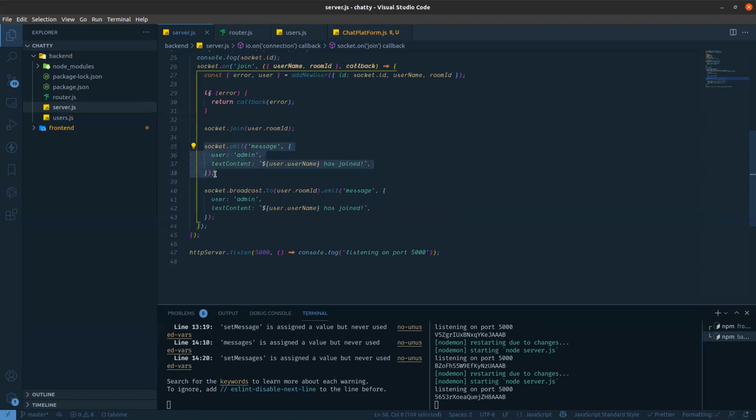And then we also need to notify everyone, as I already said, whoever is present in that room ID. So for that, we need to use broadcast. Broadcast means everyone. And .to means whoever matches this room ID. So to everyone present in that room ID, we need to send this message that this person has joined, or those people have joined, whoever they are. Okay.